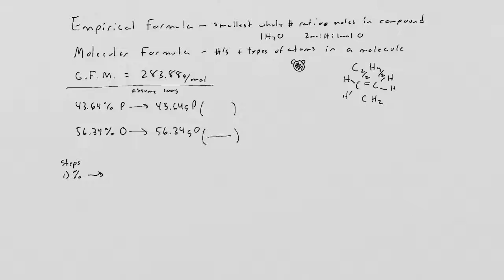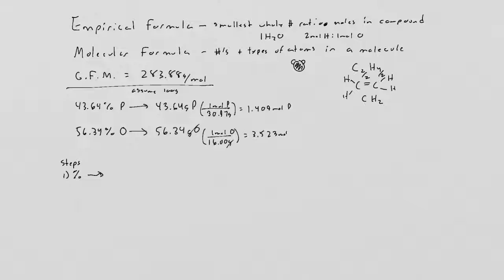Now remember, in these cases, we're not going to use the formula for oxygen as diatomic, because this is oxygen within a compound, not oxygen as an element. So we're going to take 16.00 grams as 1 mole and divide through, and that's 1 mole of oxygen. And we're going to get the moles of oxygen. We're going to do the same thing for phosphorus, whose formula mass or average atomic mass is 30.97 grams as 1 mole of phosphorus. And when we do the math here, we get 1.409 moles of phosphorus